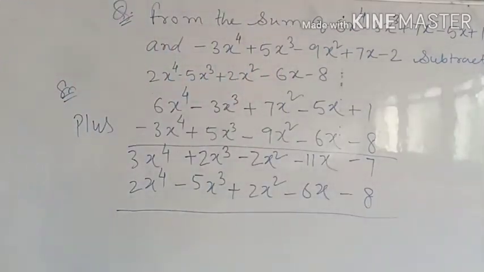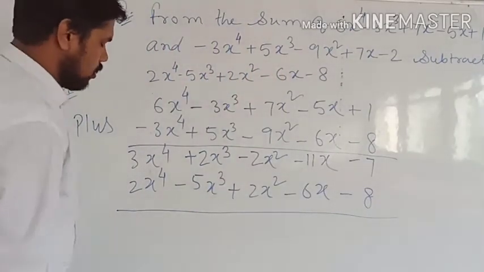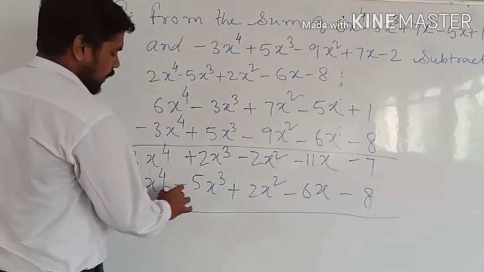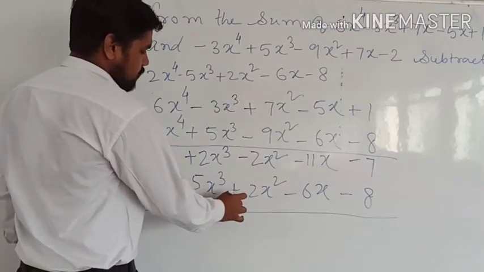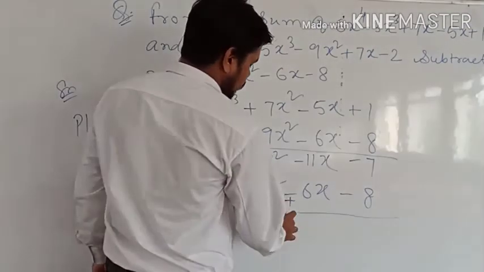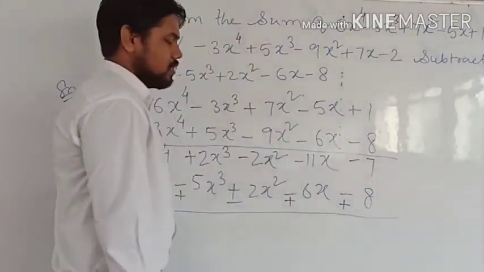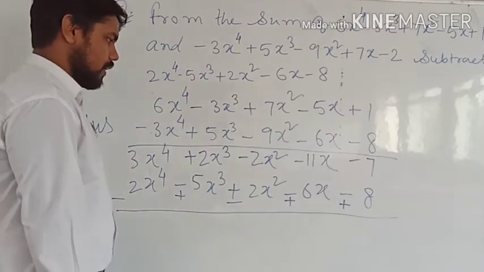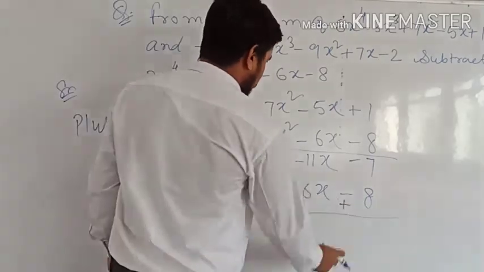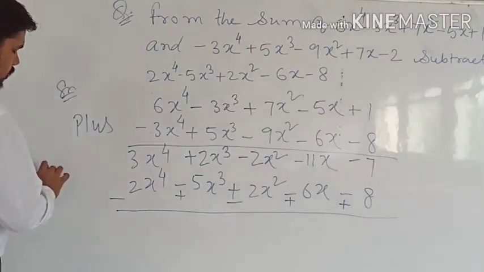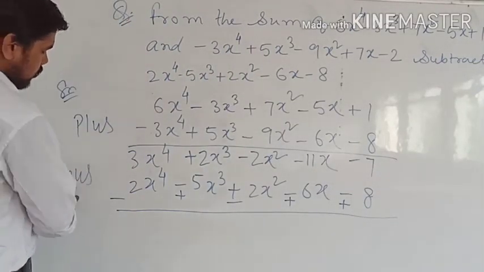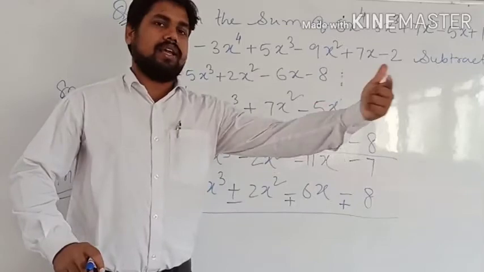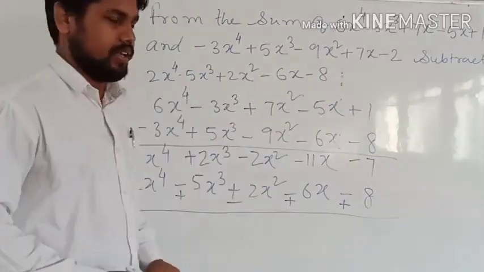So we learn the rules of subtraction also, we will add only, just we will change the sign. So here positive sign, it will be negative sign. Here negative sign, it will be positive sign. Here positive sign, it will be negative sign. Here negative sign, it will be positive sign. Here negative sign, it will be positive sign. Okay. So what will be the sum here? Okay. So now check. Now this is minus. This is minus. So this is why we are changing the sign. So why we used to change the sign? Because if you subtract, then definitely after that sign will be changed. So that is why we used to change the sign.